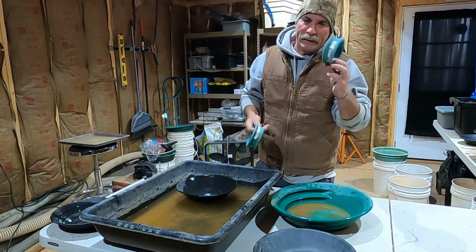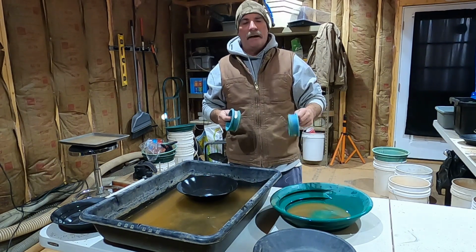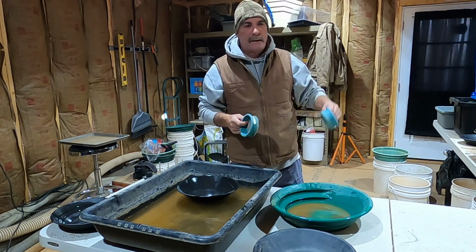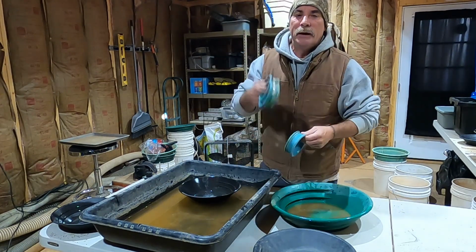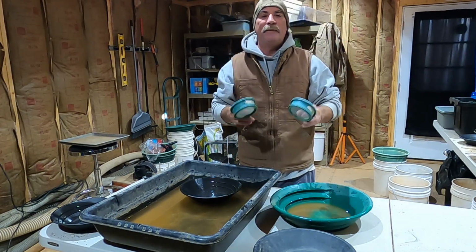Right here, we actually do the classifying after 20 mesh. I'll suck off all the black sand like you see us. We'll run it through the geo sluice, and then we're gonna bring it over here. We're gonna classify it into 30 mesh and 50 mesh. What that is, 50 mesh and 30 mesh,